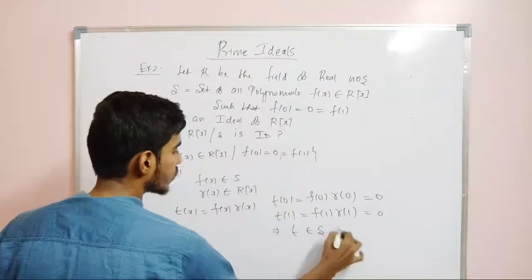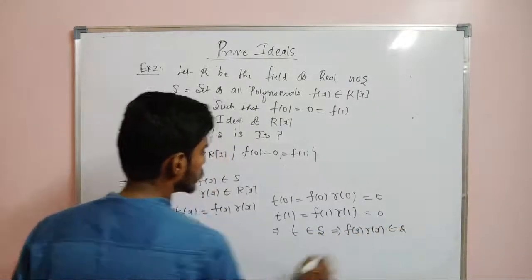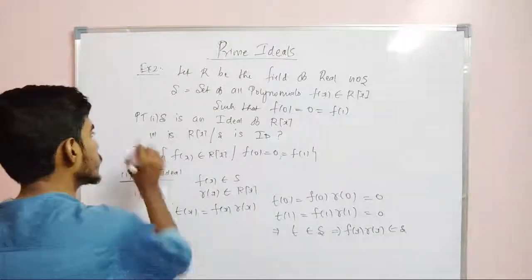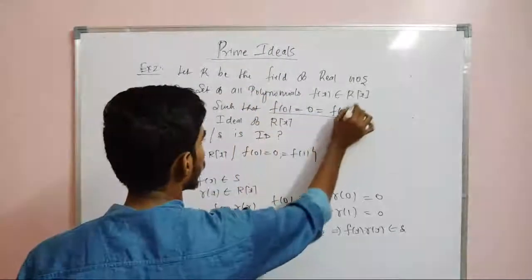that means t belongs to S. So what is t? So t is f of x into r of x belongs to S. Therefore it is an ideal. So therefore we have proved that the set of all those functions which vanishes at 0 and 1 is an